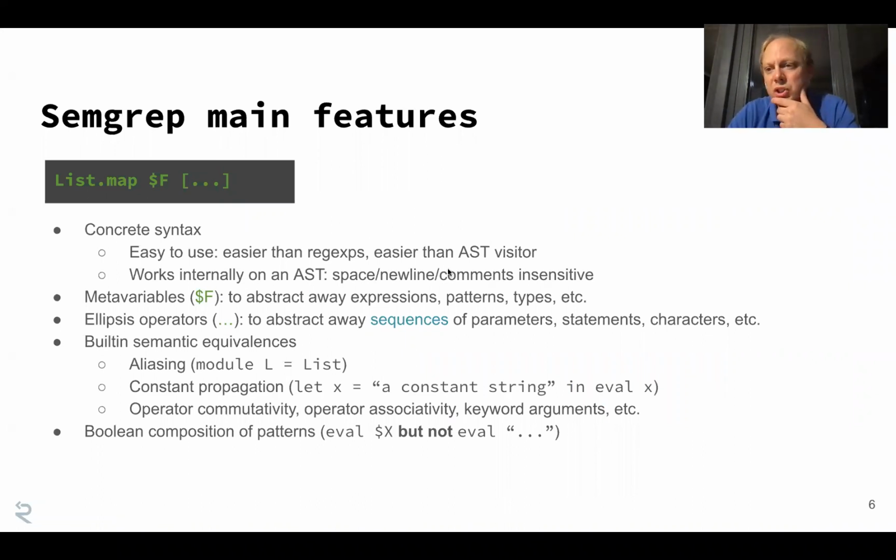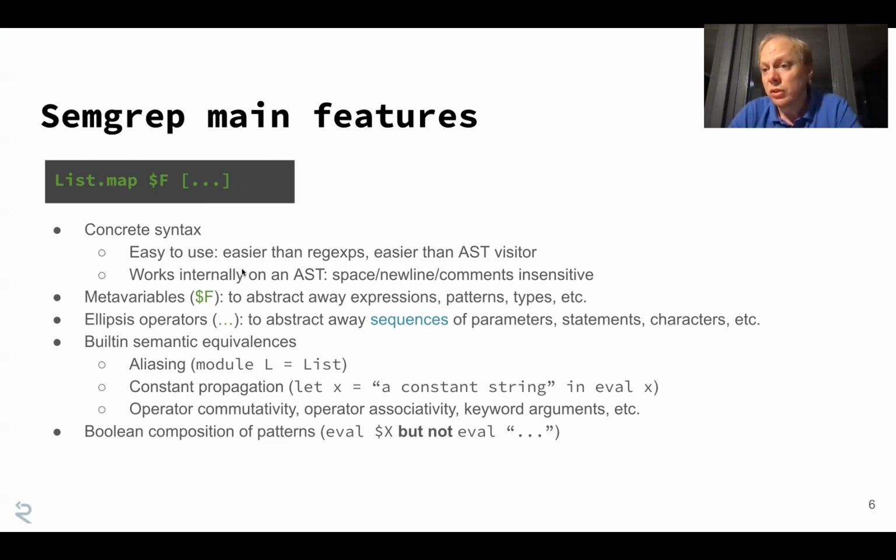The other, traditional way to write a linter for a programming language is to use a visitor that visits an abstract syntax tree, an AST. But the problem is that you have to know internally how each construct of the language is represented. It's okay maybe for one language, but for 17, each time it's a significant load on your brain. It's far easier to use the syntax you already know, of OCaml or Python if you want to write a Python rule. So we can just leverage that, and you don't need to write a visitor on an AST.